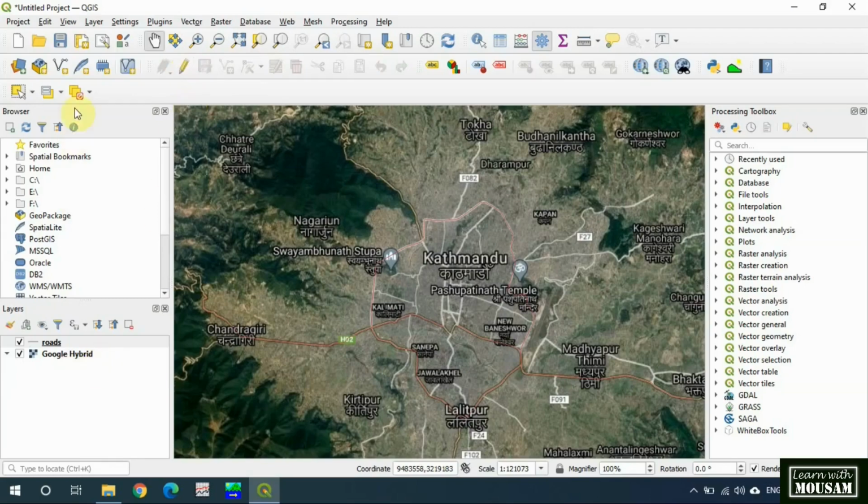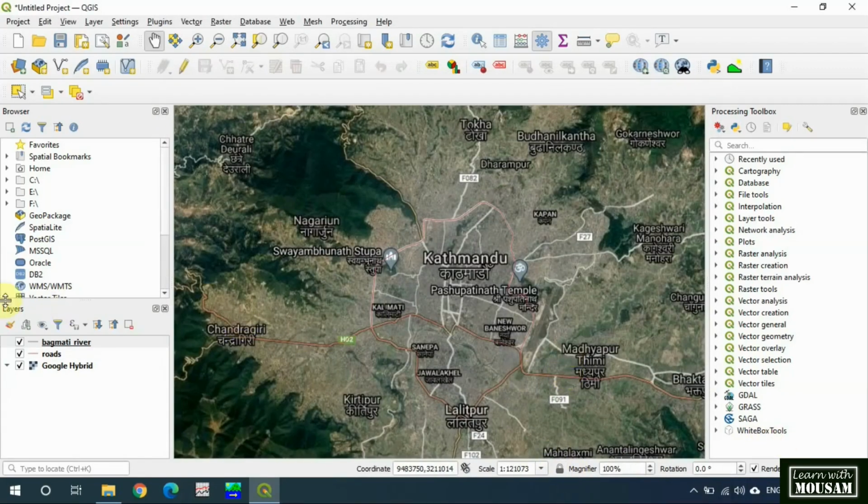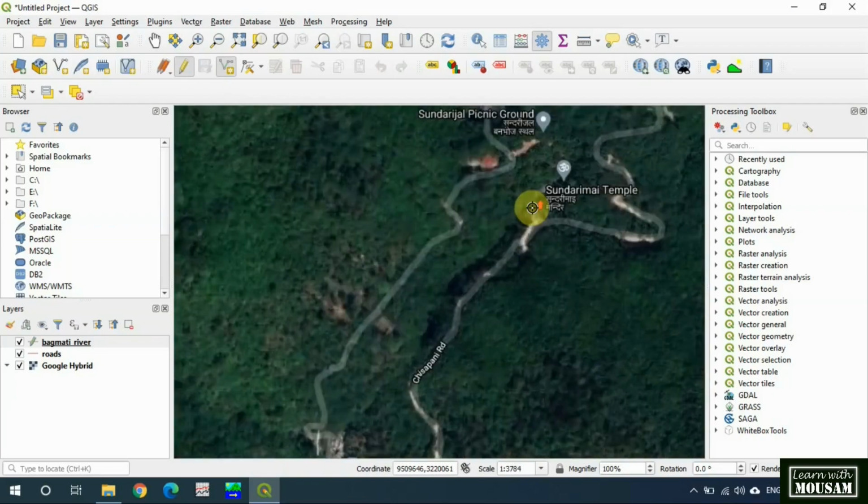Now I will create another shapefile, Bagmati River, with geometric type line, but I will not add any additional field in this shapefile. Let's start digitizing from Sundarijal.